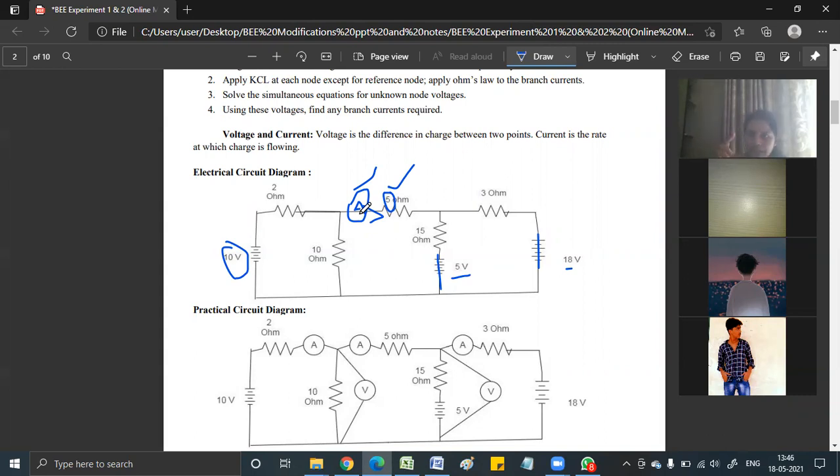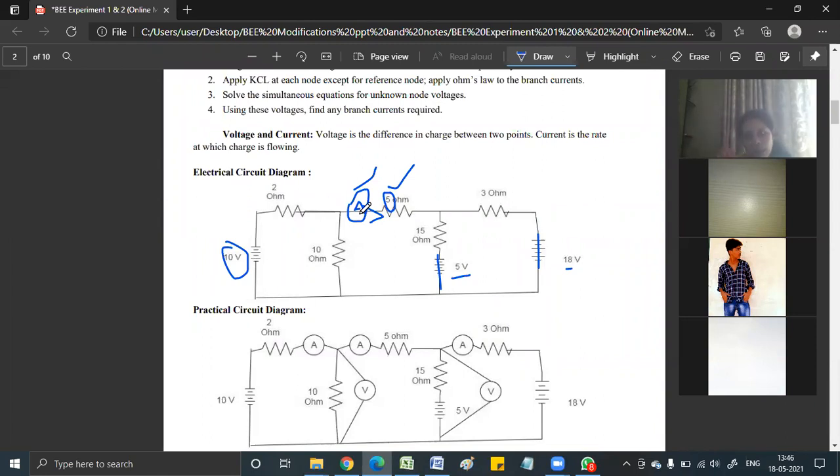You're just going to put the 10-volt supply. You're going to short the 5-volt and 18-volt, put an ammeter on the 5 ohm, and you're going to straight away get the answer. But when you do a theoretical calculation, you cannot straight away get the answer, right? You have to simplify the circuit and do the computation. And your theoretical answer and your practical answer should match. Is this clear? And obviously, this experiment 2 answer should match with the experiment 1 answer also.